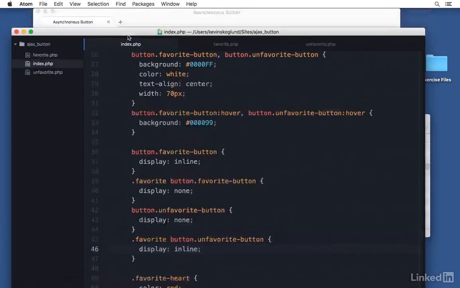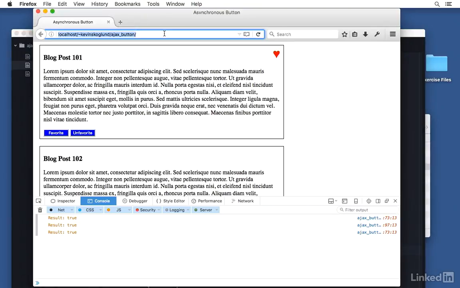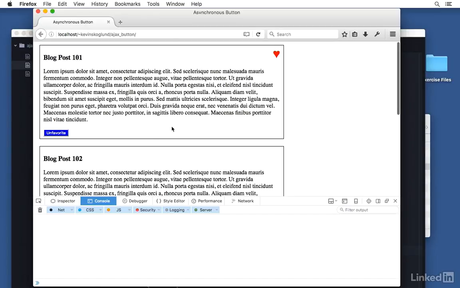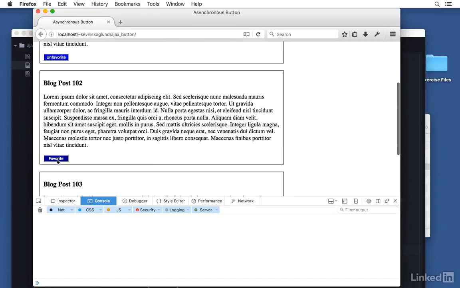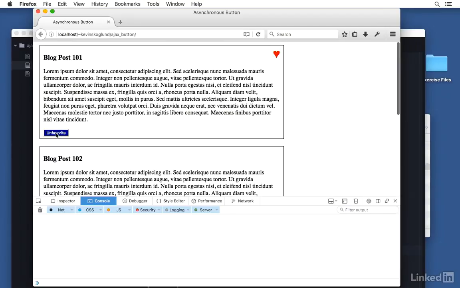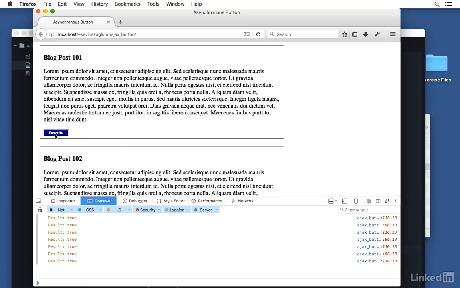Let's go back and you'll see how this trick works. Let's reload the page. You can see that unfavorite is here by default for that one. This one has favorite here by default, right? When I click unfavorite, now it switches to say favorite, unfavorite. It's actually two different buttons, but you can see that it swaps them out using the CSS, just like we did with the heart, so that we're actually getting two different buttons each time. Now we have both the ability to favorite a blog post and to unfavorite it, and we did it using